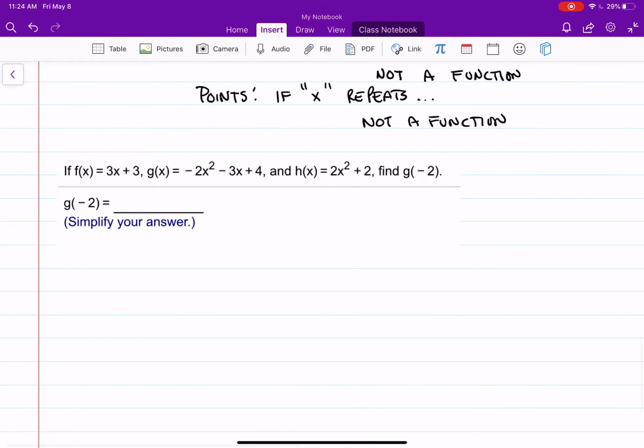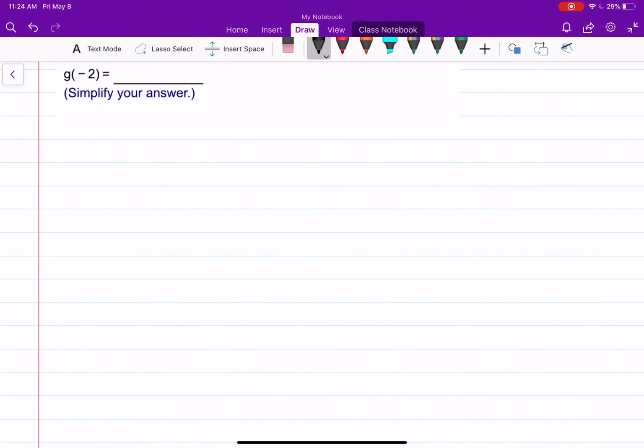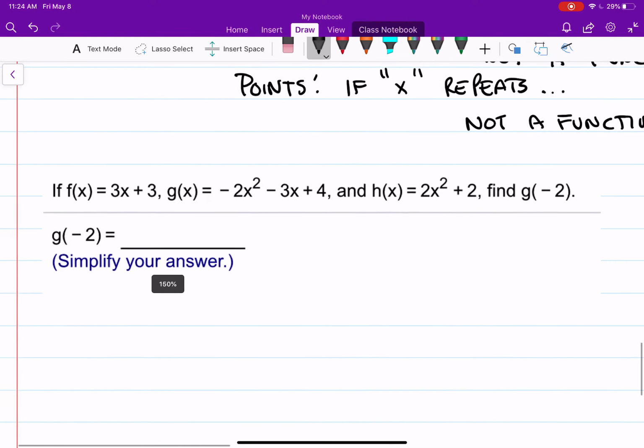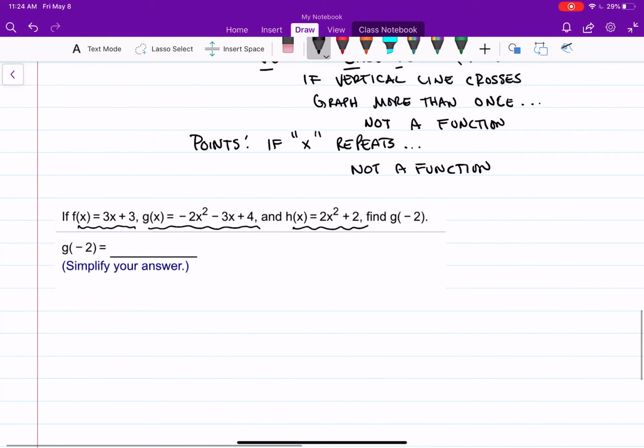So this is what they're going to give you. They're going to give you f of x is equal to that, and g of x is equal to this, and h of x is going to give you this. In other words, it's going to give you three different equations,